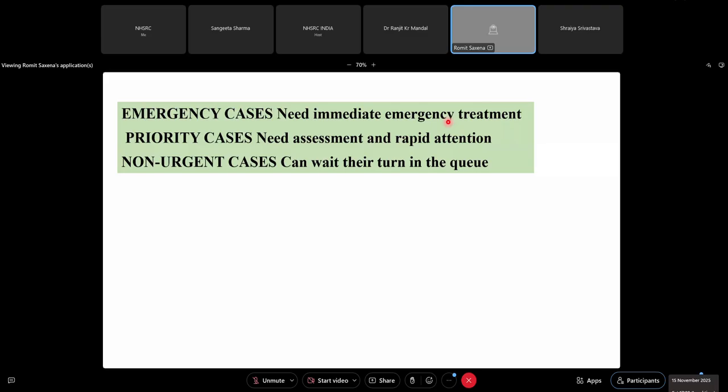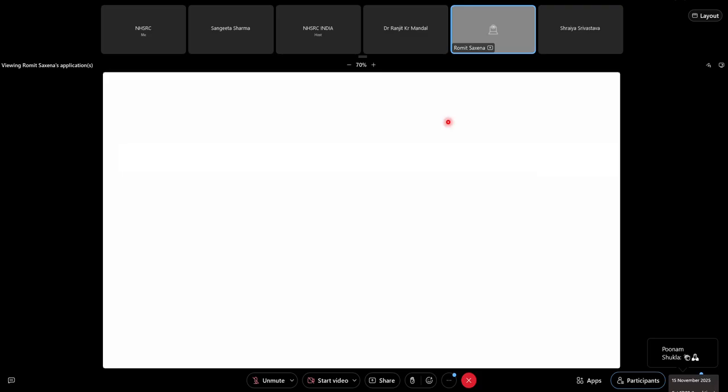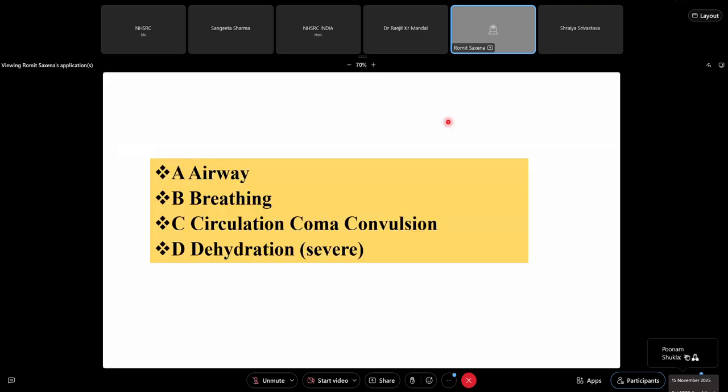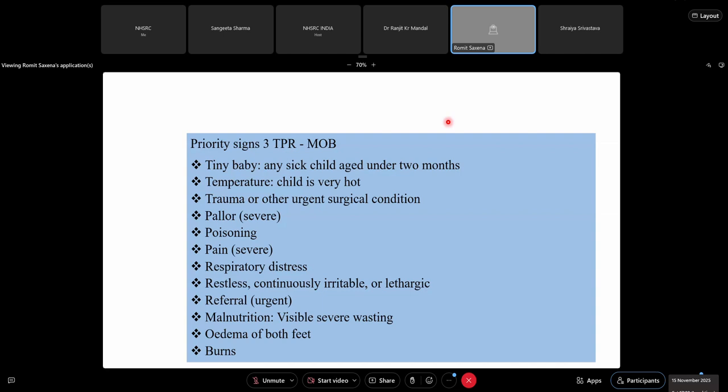What it does is identify patients as emergency cases, priority cases, and non-urgent cases. As we said, the emergency signs are based on A, B, C, D, and there are some priority signs, which mean that if the patient has these, there is a good chance that even if he has a minor illness, he might tip off and become sicker. For example, a small kid who comes to you not drinking milk for 6 hours, as compared to a child who is 8 years old who has not drunk for 6 hours. A 1.5 kilo 3-day-old child who has not drunk is more likely to be hypoglycemic and even arrest.